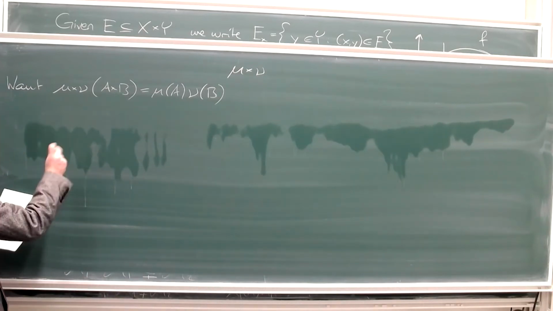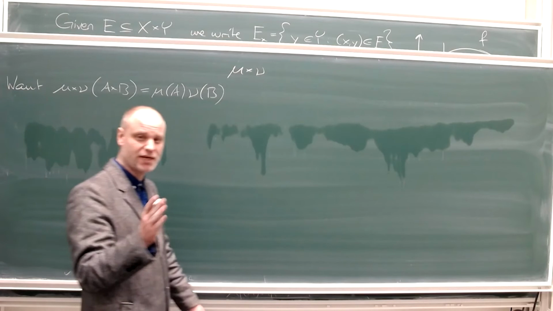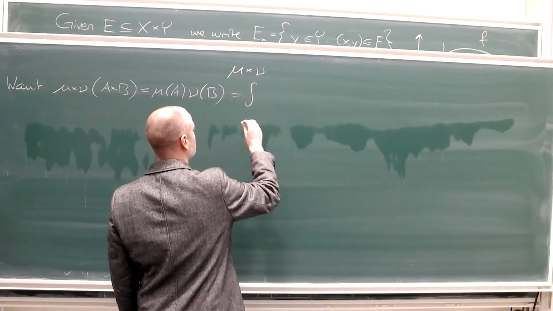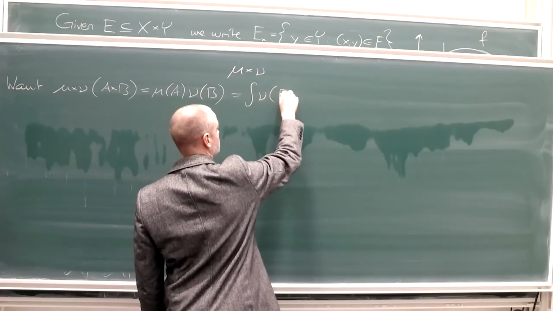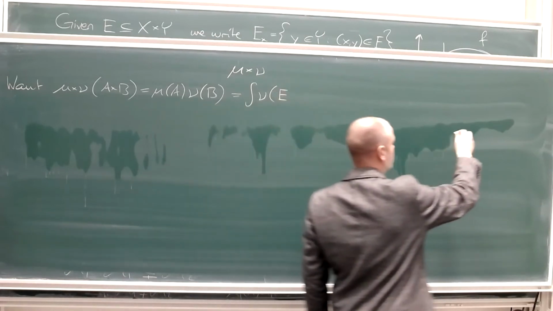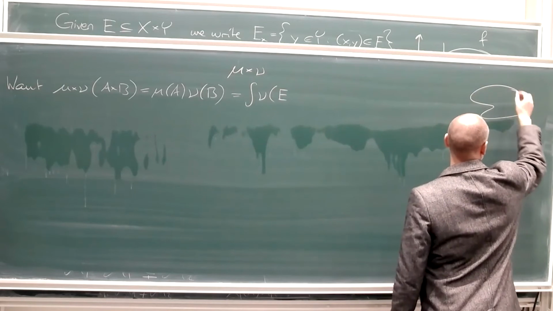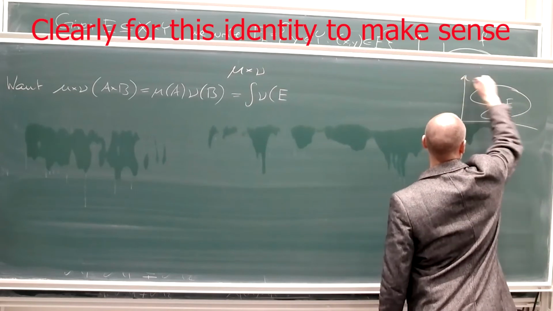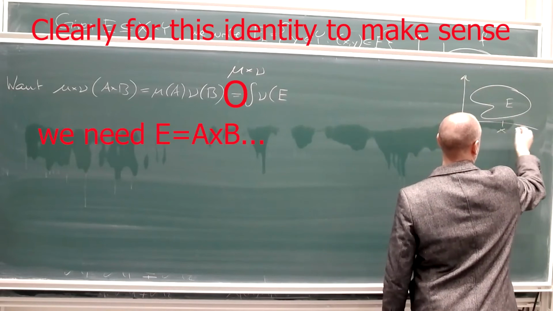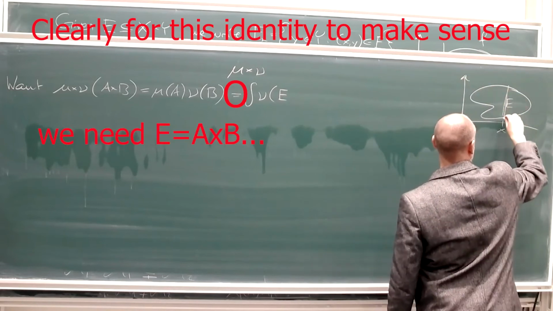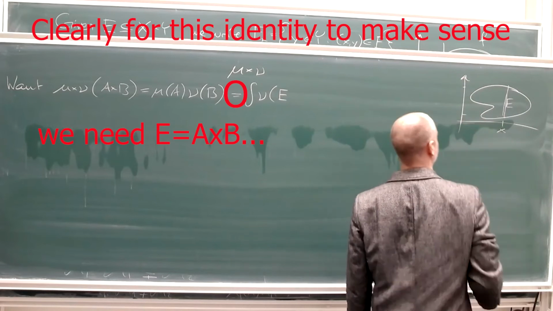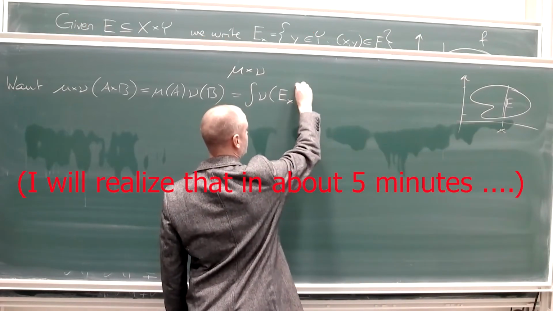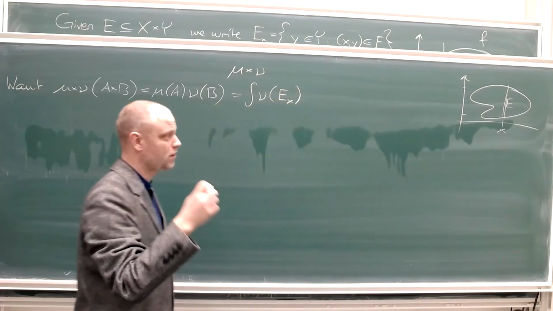So what we can do, actually, okay, I'm going to tell you what we're going to do. We're going to do it like this. So this is the integral. Here again is my set E. I want to give it some size. And if I freeze my x, I have this section, which I project down here. And that's going to have some size nu. So nu of E_x, that's the size. And now we just